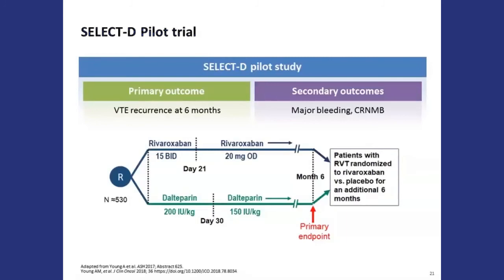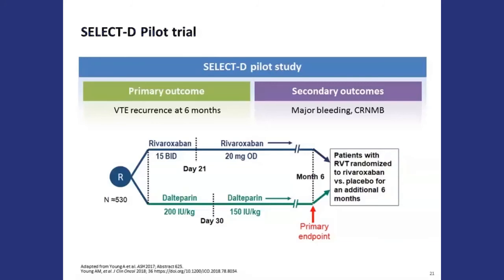This one compared rivaroxaban to dalteparin. Rivaroxaban was used at the same dose as we would classically use in benign patients, 15 milligrams twice a day for 21 days, followed by 20 milligrams once a day. And dalteparin was used, again, as in the CLOT trial regimen, 200 units per kilogram for 30 days, and then 150